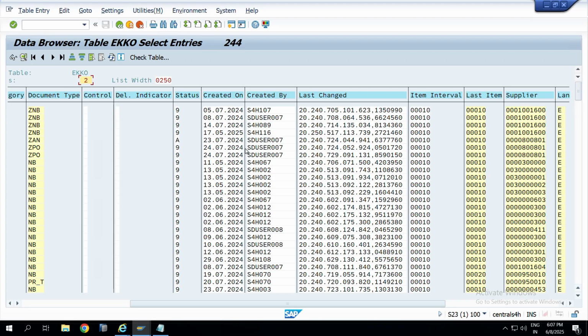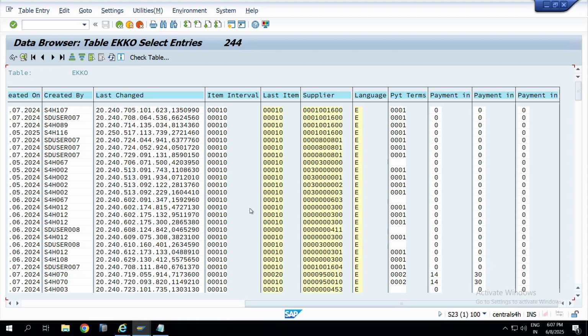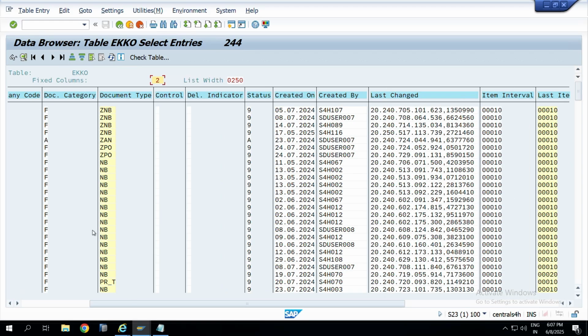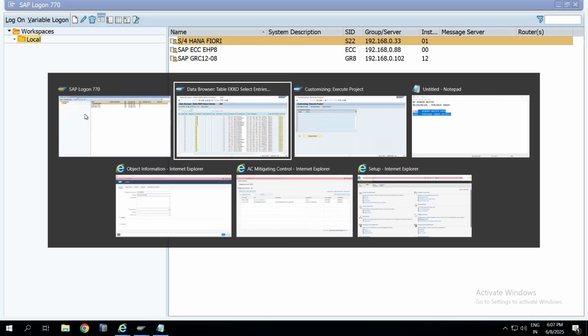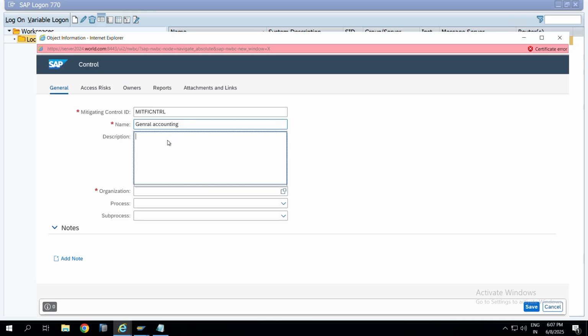Okay, if the same person who has created that vendor is the same person who has created the purchase document for that particular vendor, if you join these two tables, at that time you'll know that there is a risk occurring in the organization. So because of that, what you can do every time is use SQVI to join these two tables. And what the monitor should do here is, using SQVI,